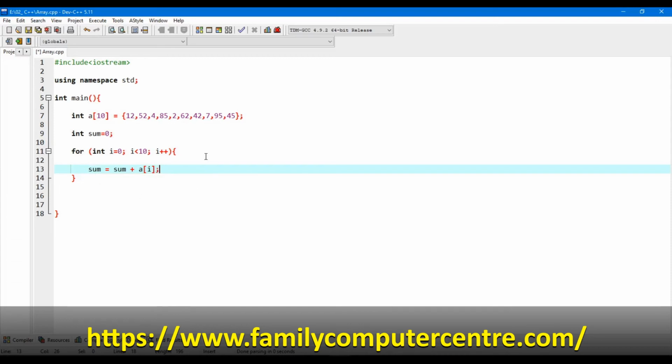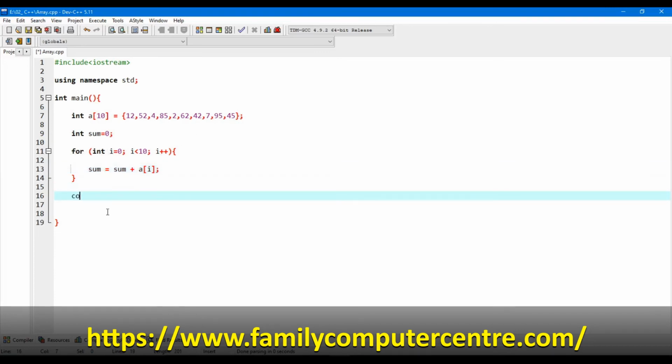Then it goes back to the loop and i becomes 1. The condition is satisfied. When it comes inside, it says new sum is equal to existing sum, which is now 12, plus a[i]. a[i] means a[1], and a[1] is 52. So it will calculate 12 plus 52, which is 64, and 64 will be saved in sum. Like this it will calculate and accumulate. At the end of this for loop, we will have the total of all these values inside the sum variable. So I will write cout,